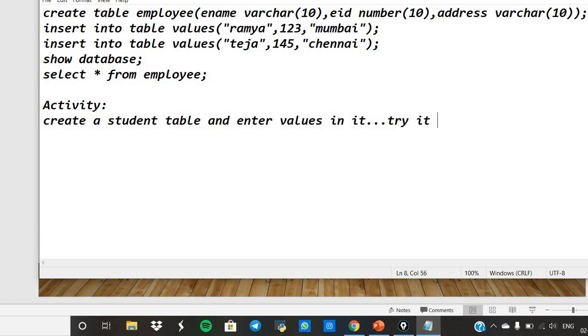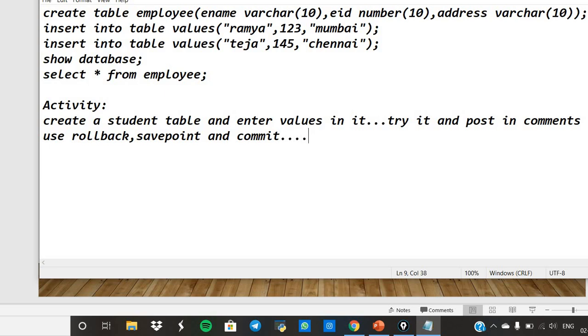Try it and post in the comments. Use rollback, save point, and commit. After this it will display the table, and you can roll back the value, that is, roll back the table which one you want to do.